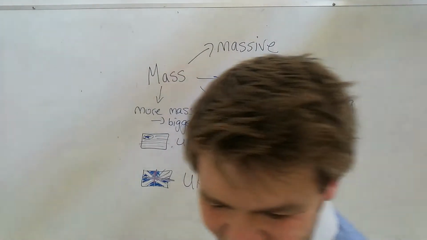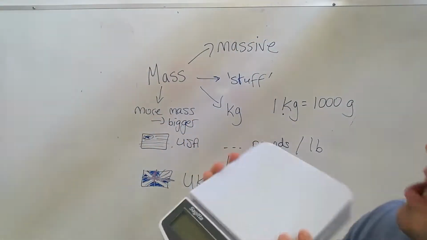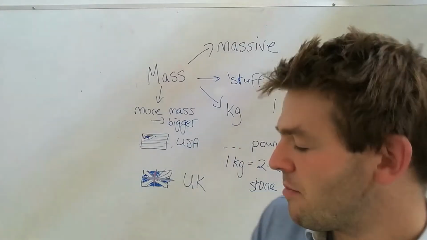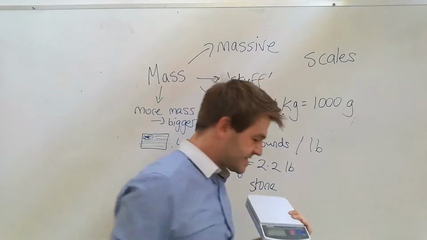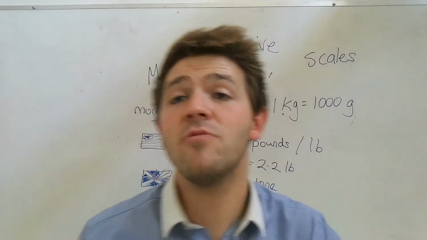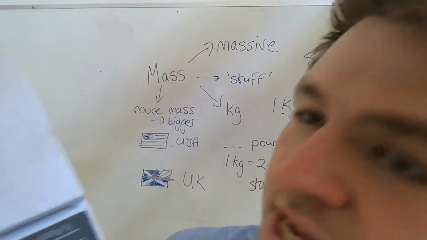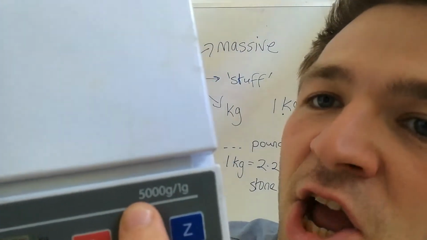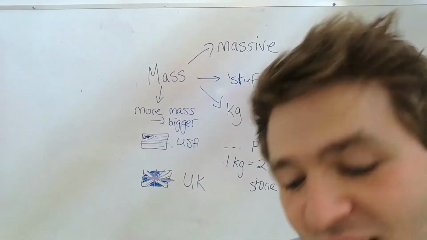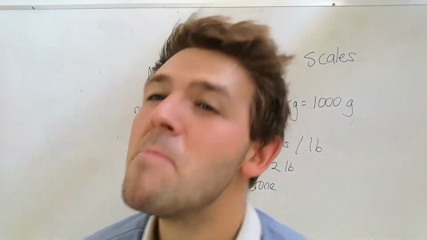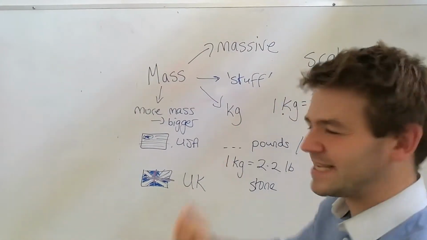To calculate mass, we use something like this. We have 2 of them with batteries loaded in the lab. These are our scales, eller våg. And these claim to tell me how much something is, how much mass it has. I can see it can measure up to 5,000 grams to the nearest 1 gram. So it can tell me if something is 477 or 478, but it can't be more exact than that. That is the maximum it can do for how precise it is.